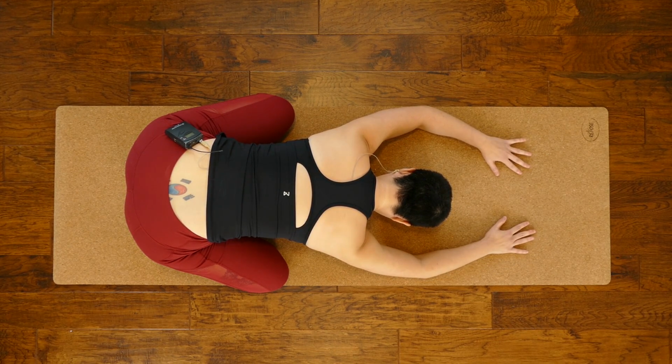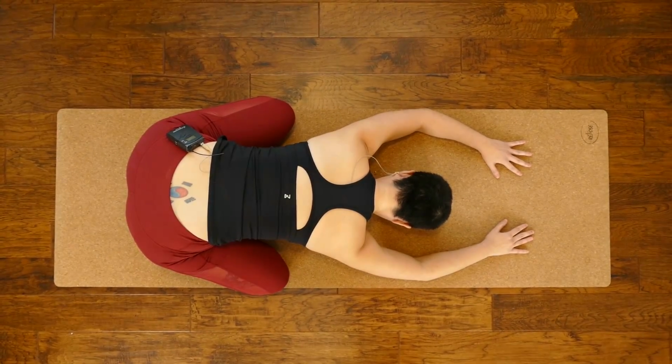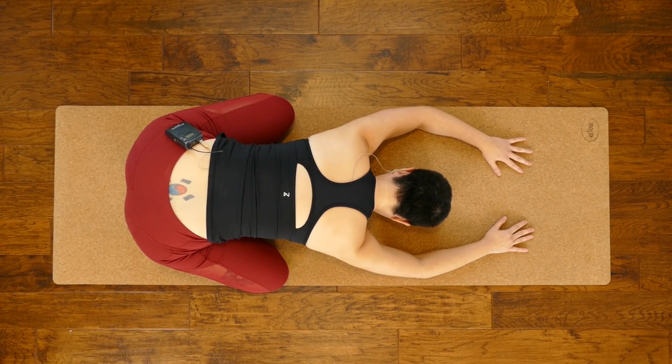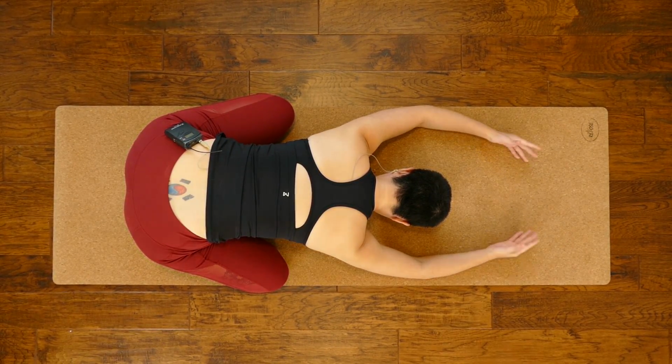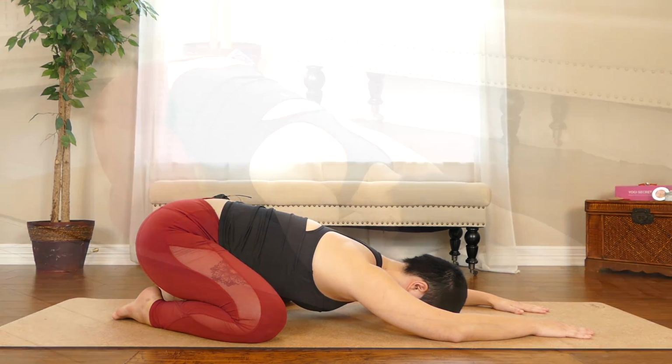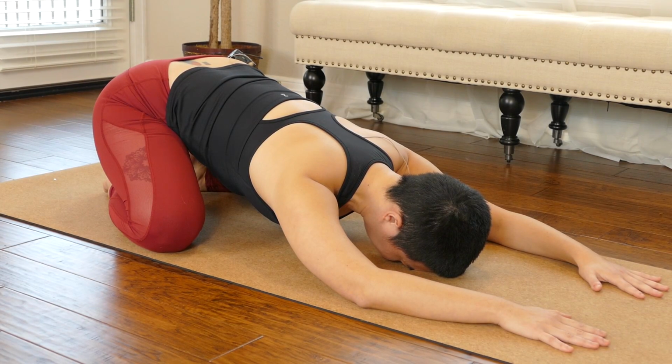So the whole point of the root chakra and the chakra systems in general is just thinking about your spine holding energy. And the energy can ebb and flow. It can be very abundant, or it can be shallow. Maybe you're not producing a lot of energy in that area of your spine. But think about the root of where you connect to the base and breathe into that tailbone space so that maybe you can lower your hips a little bit closer towards your heels. And then slowly begin to breathe up and down the spine,